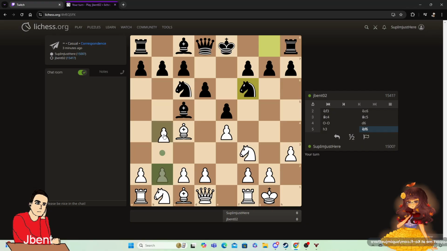Yes. Okay, so you're attacking my bishop with your pawn. Yes. It's not defended by anything, so I will take that. Okay. Oh yeah, my pawn this is...